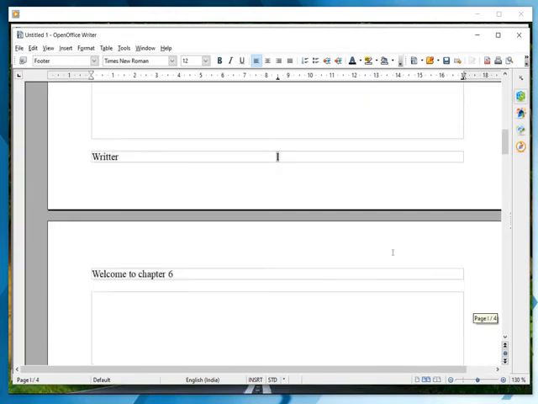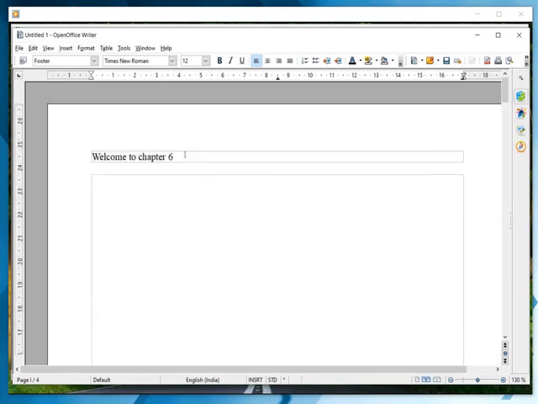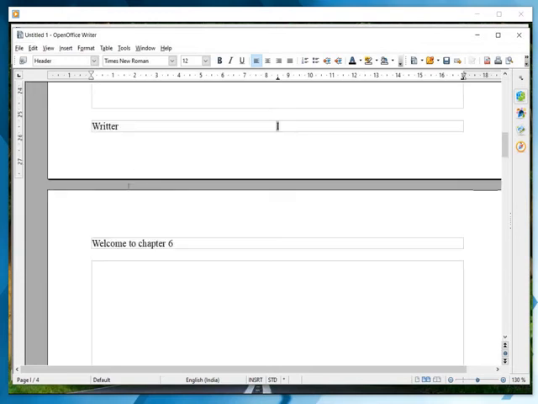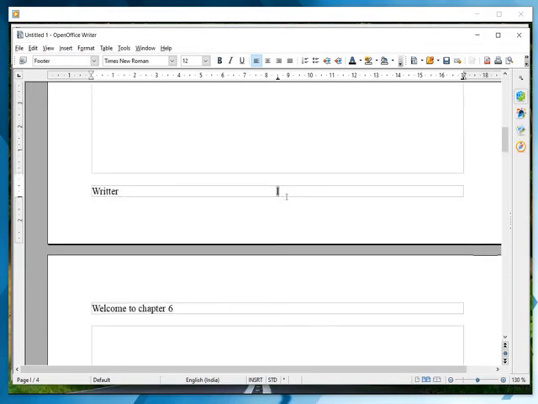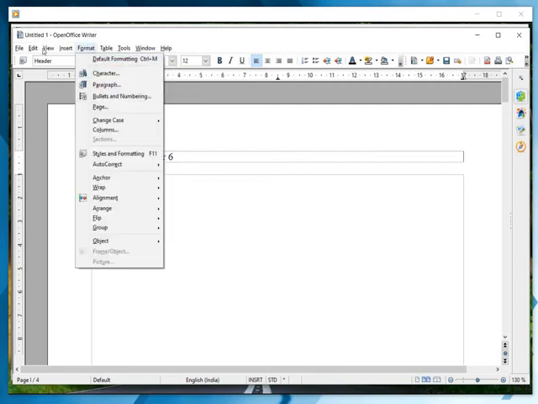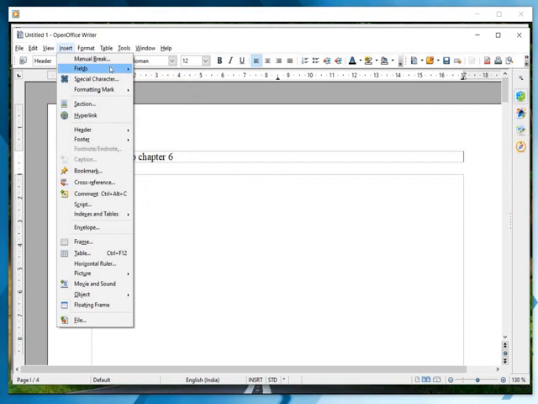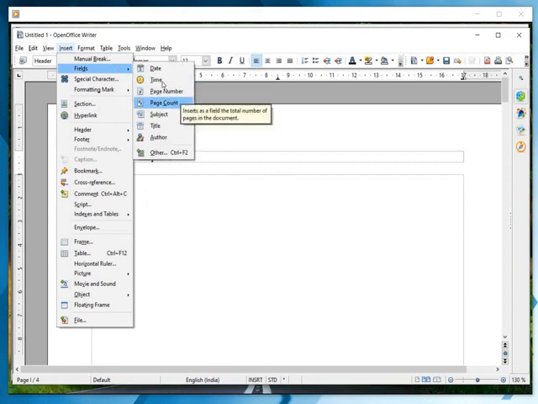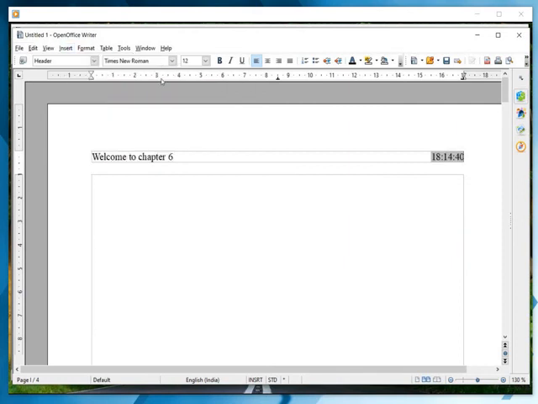So this is the way how to add header, footer and page number to your document. Even you can add date and time in footer or header using the field option. I'm going to show you how to add time and date. Same, Insert, Field, select time or date. So it is displayed like this, and this time will appear in all the pages as it is in the footer.